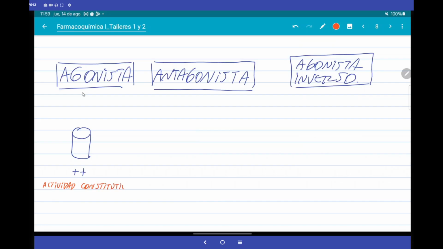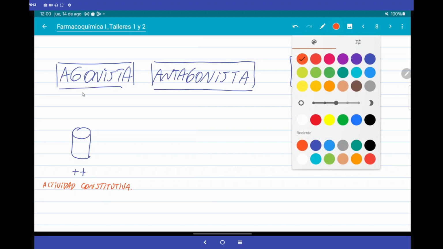An analogy, because I know that sometimes it is difficult to assimilate this concept: when you have a radio on at a very low volume, that is the noise. That little noise is the receptor, in the absence of the endogenous ligand arriving, signaling intracellularly. It is like the radio turned on at a low volume. Now you ask, how can it signal if the agonist has not arrived to stimulate it?